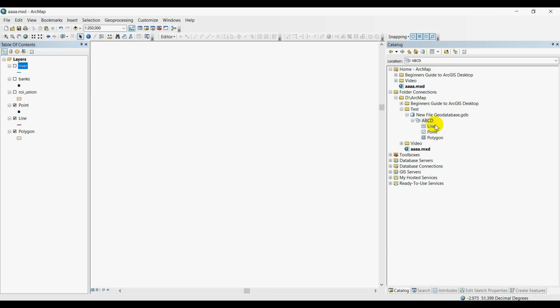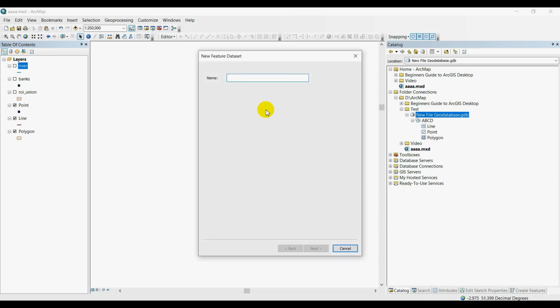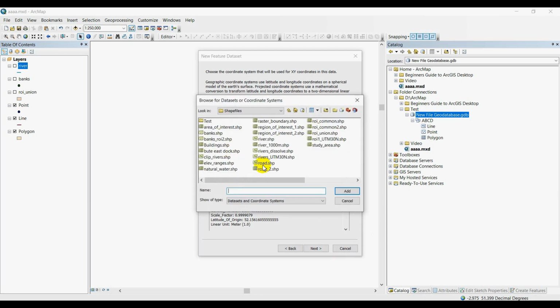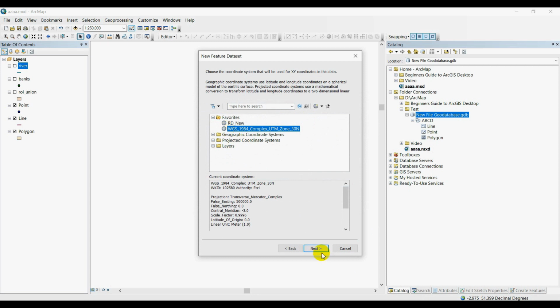Sorry, we need a feature dataset. WGS, next, input the coordinate system from data, next,